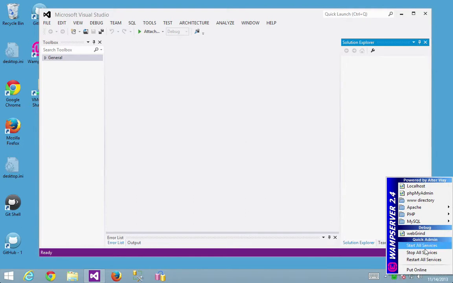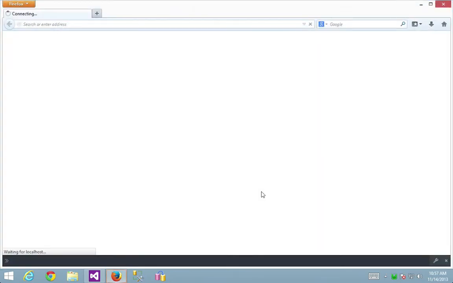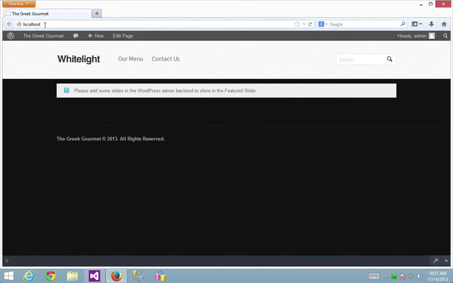What you want to get to is this screen here, and if I click on localhost, it should give you whatever database or website you've got going. Right now, mine's pointing to this other site that I've been working on with the advanced web programming folks in my sections, which is a new site called the Greek Gourmet,